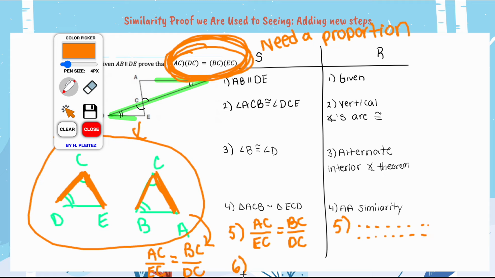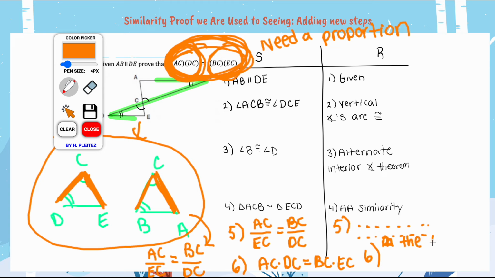But then your sixth thing, right? Again, we said if we cross multiply and we do that, we're going to get AC times DC, which is what we want from here, right? We want to make sure it aligns, equals BC times EC. Right? And again, we want to make sure that it aligns. So we're good here. Now this is a new reason. Now this reason, it's a little weird, it's a lot of word jumble, but we need to make sure that we are writing it correctly so we guarantee our points. This reason is,